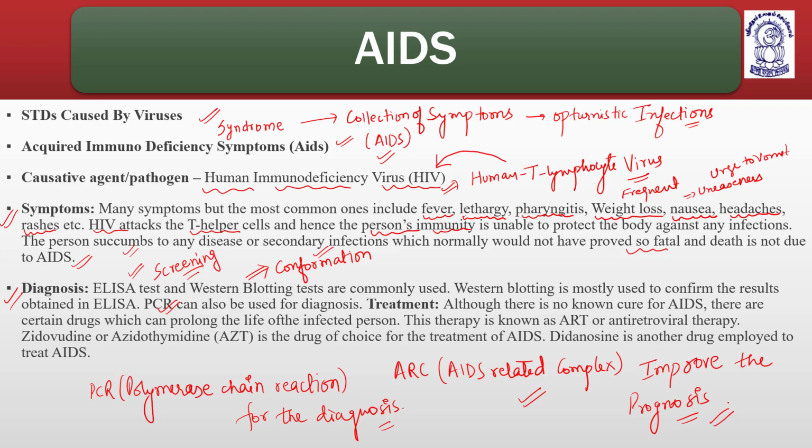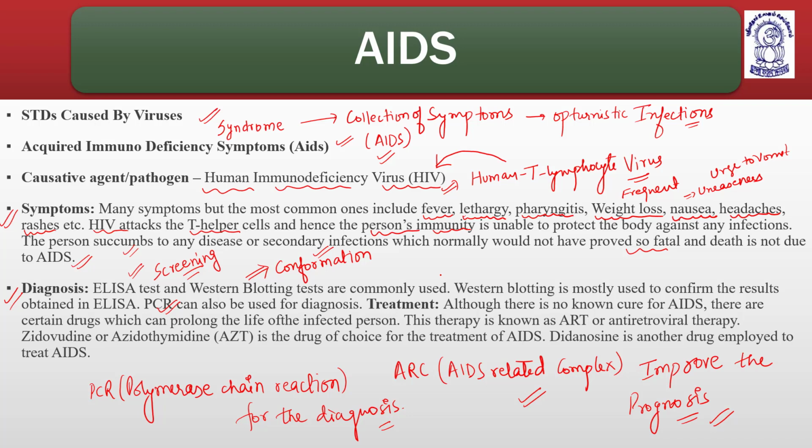Prognosis means that if any person suffers from any disease, there are prognostic markers. A prognostic marker characterizes the disease after giving drugs, showing whether the person is susceptible to that drug, whether it is acting or not. So if the prognosis is good, it means the treatment is going fine. If the prognosis is not good, it means the treatment is not going fine.